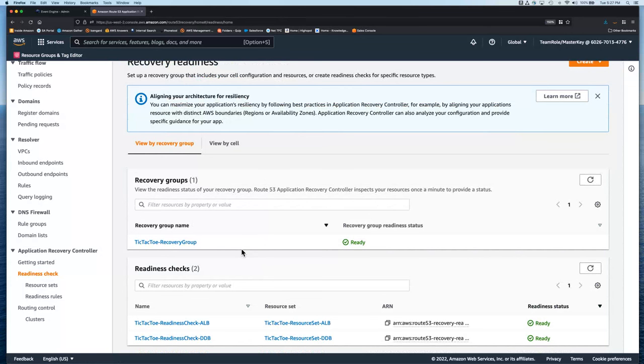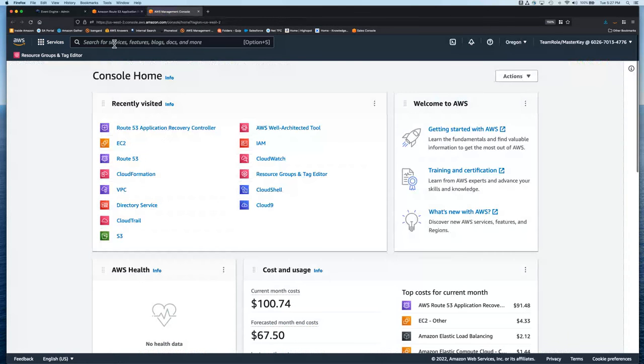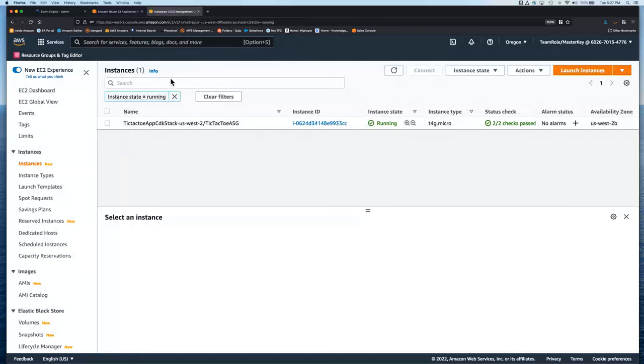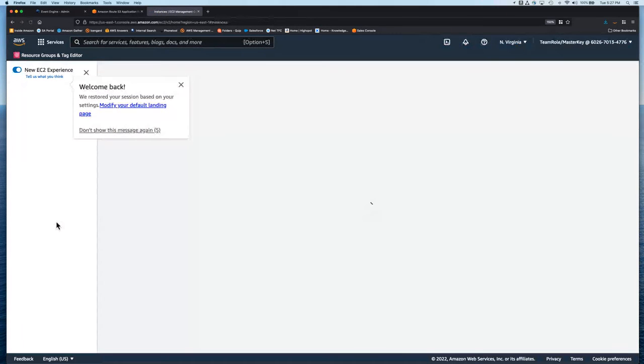Now before I do that, there's 2 things we're going to need, which are the ARNs for each of my auto scaling groups. So I'm going to go ahead and open a couple tabs here. I'm going to open one tab, and I'm going to go under EC2. I'm going to start with US East 1.